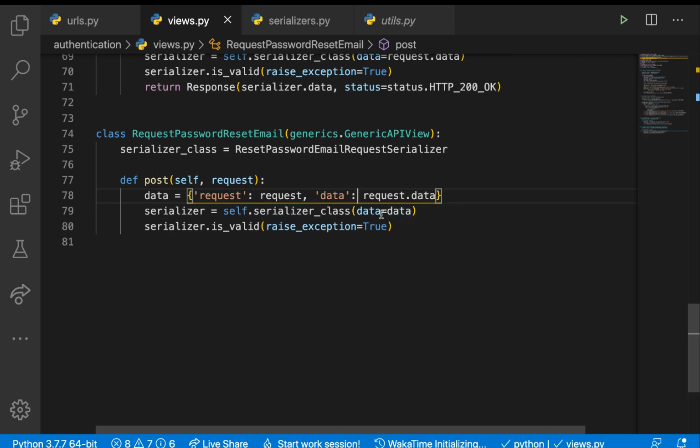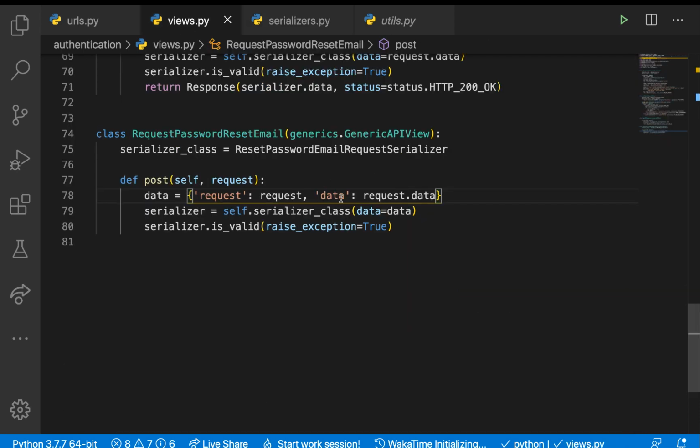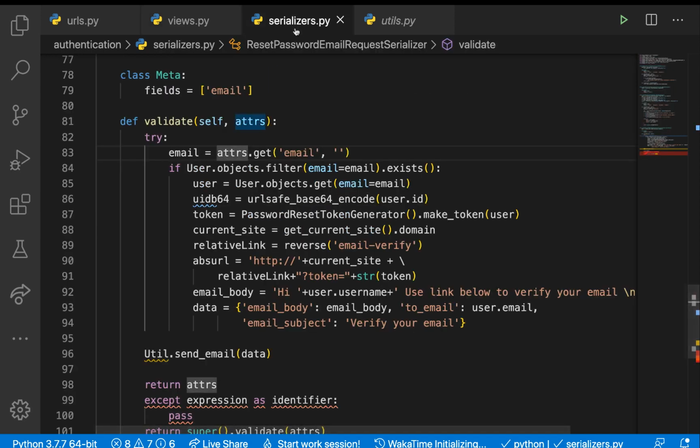All right, so once we send this, now in here, for us to access the atlas, they will be in a key data, and then we will have the request in the key request. So down here, this should be atlas.data. So let's take a look again. So this is a dictionary. So it will be atlas data dot get that,